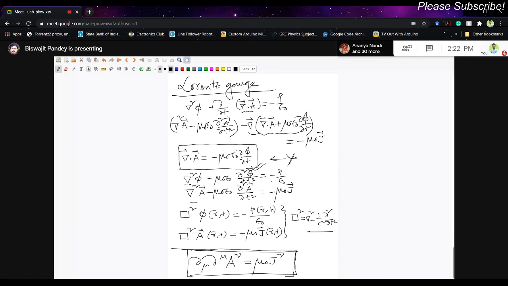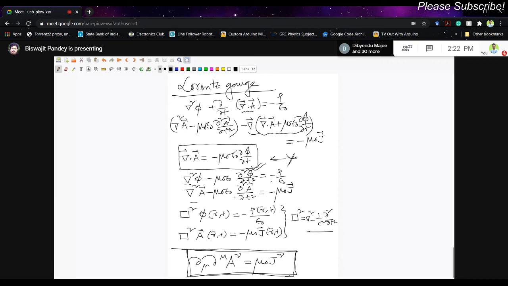That is fine. Now let us discuss the advantage of this particular gauge over Coulomb gauge or any other gauge. You can clearly see that it offers certain advantages. One advantage is that it is independent of any coordinate system, right? Because here space and time are treated on the same footing. You can see time derivative as well as space derivative. And we already know that covariant and contravariant derivatives contain both time derivative and space derivative. So of course they will be invariant. If we go from one frame to another, they're not going to change.